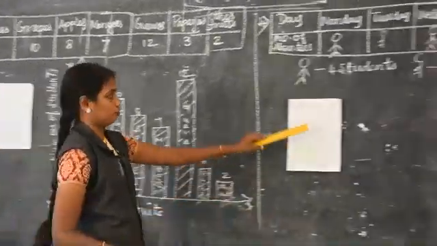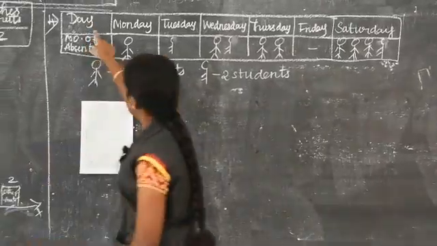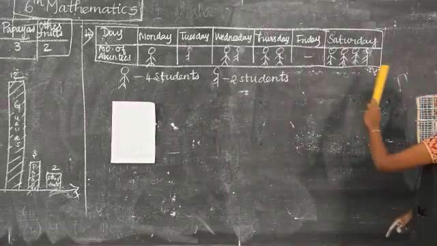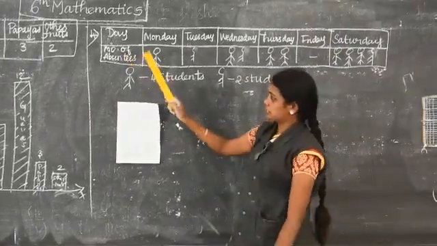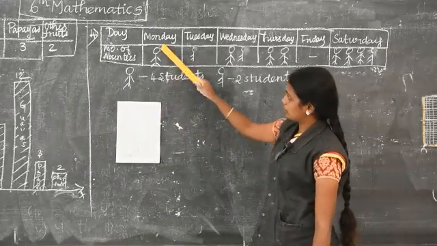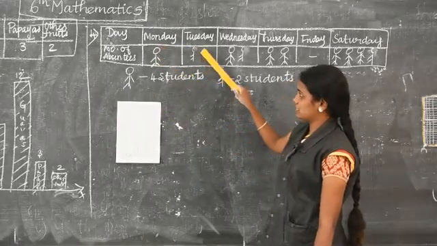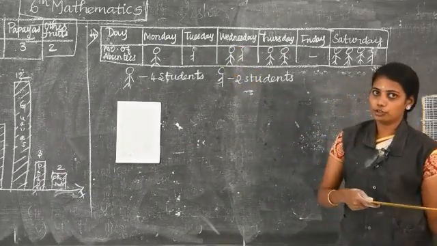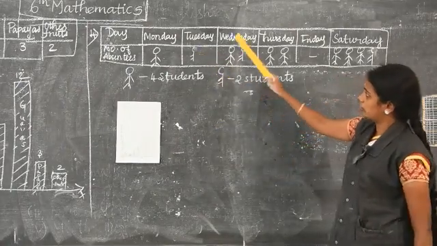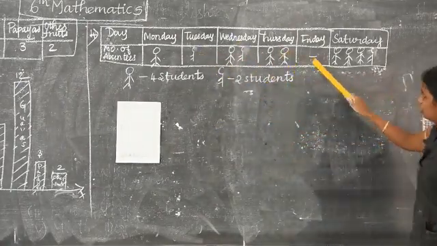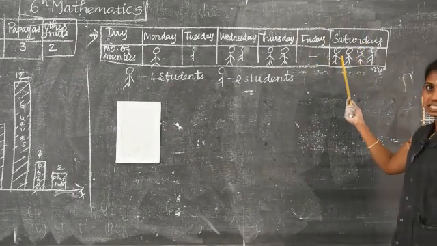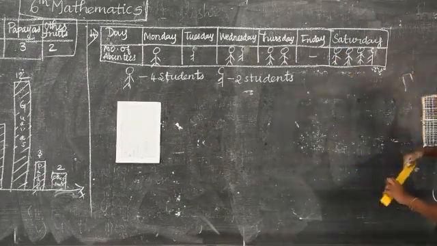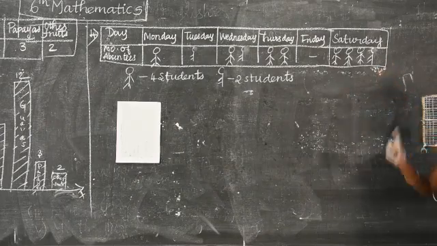Next, question number 4. If you see, the days Monday, Tuesday, Wednesday, Thursday, Friday, Saturday are given. Totally 6 days are given. Number of absentees is given. Here 1 student is given as off. Off means some boys will be present in the morning and in the afternoon they will go home. Off student here 1.5, 2. On Friday no students are absent, so that means nil. Saturday 3.5 students. 3.5 means half day present, half day absent.